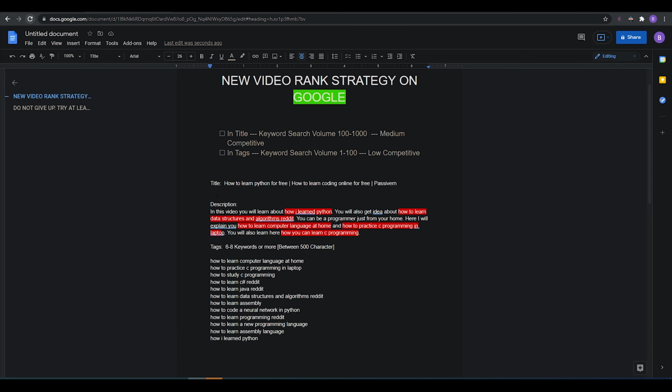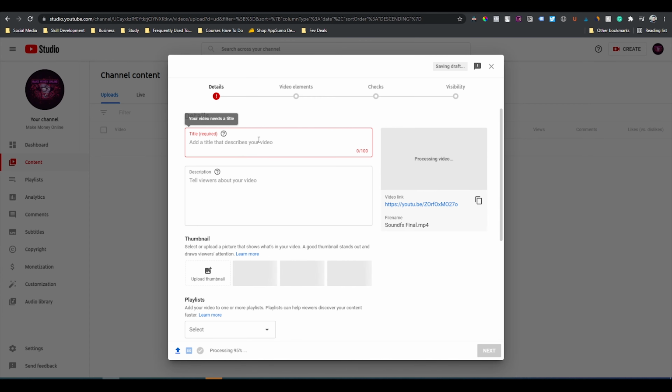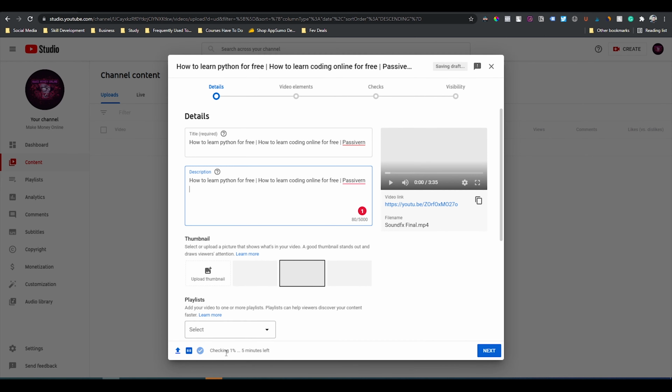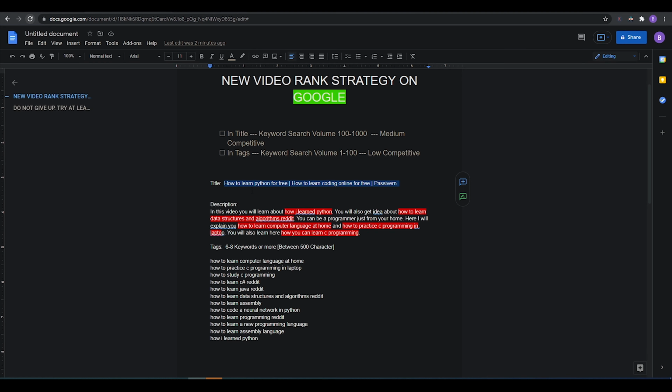I'm copying the title and pasting it. Then paste the exact title at the beginning of the description. And then copy the description and paste the description here.